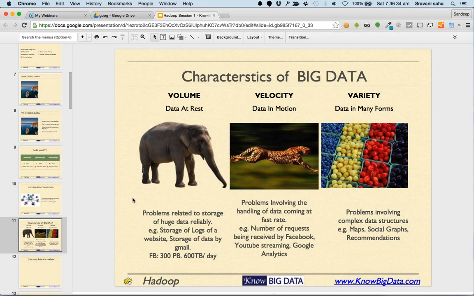Okay, so when we say variety or complexity, it's not only about the data being very complex. It could be that your requirement is complex. Let's take a case of finding the social graph. You have got some data. Let's just take a case of Google Maps. Google Maps has around,